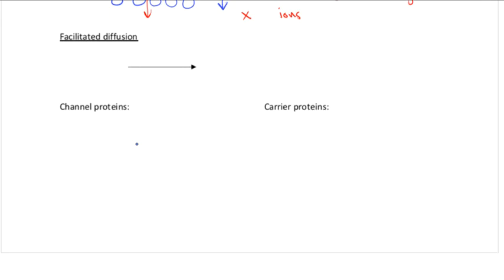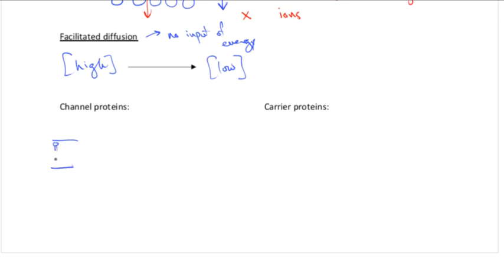Now, facilitated diffusion is still diffusion, so it's still going across the membrane, and it's still not requiring energy. There's still no input of energy required. It's still taking things from high concentration to low concentration. Still a form of passive transport. The difference in facilitated diffusion is that it's providing an alternative route for things that can't get straight through the membrane. For example,